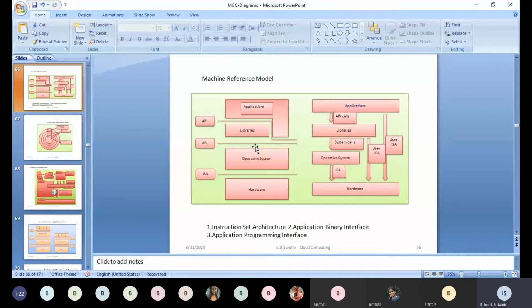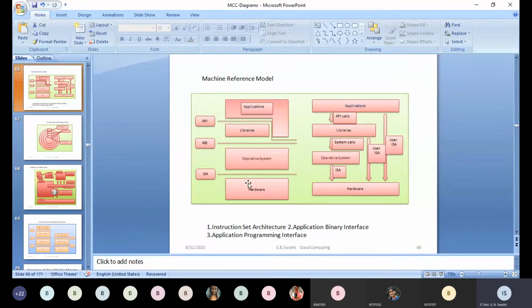All those are provided to your application using the API. The API contains all the libraries and inbuilt functions of the operating system. You can include those files and functions in your applications without recreating them. That is the purpose of the API, the application programming interface.